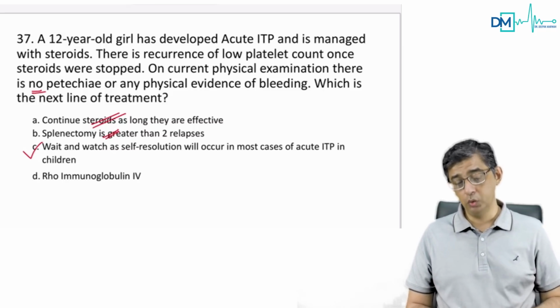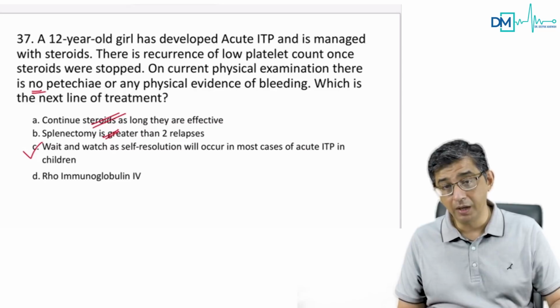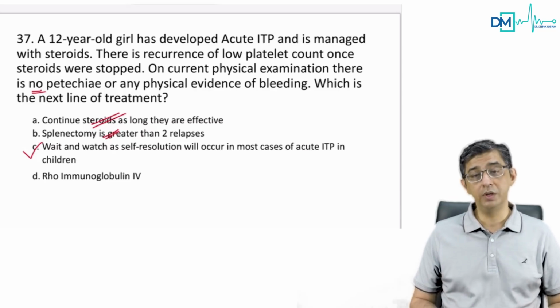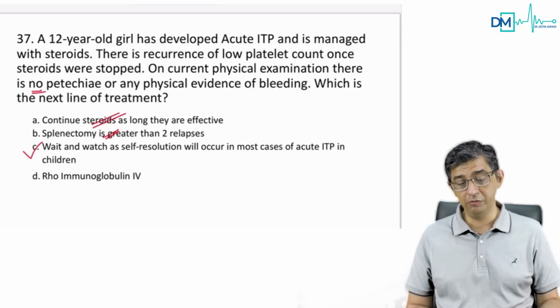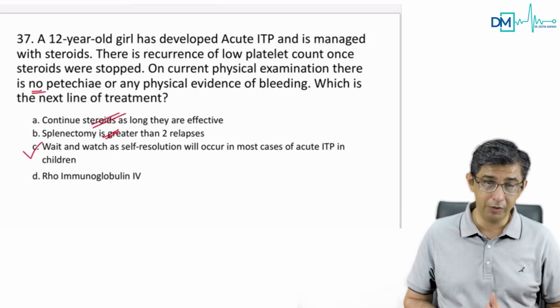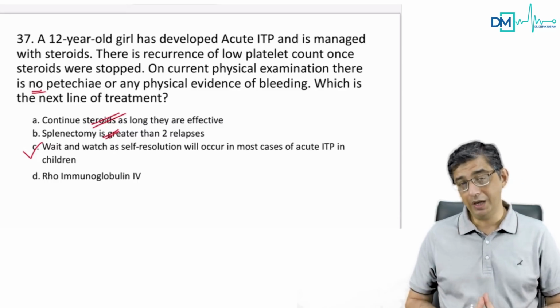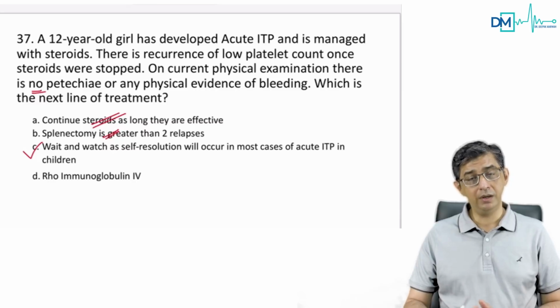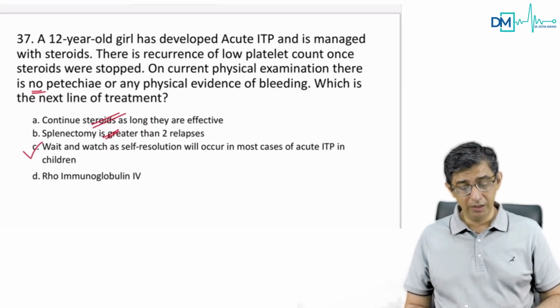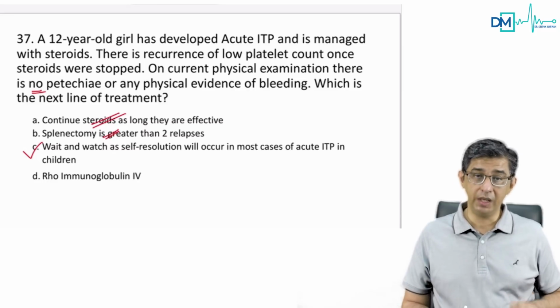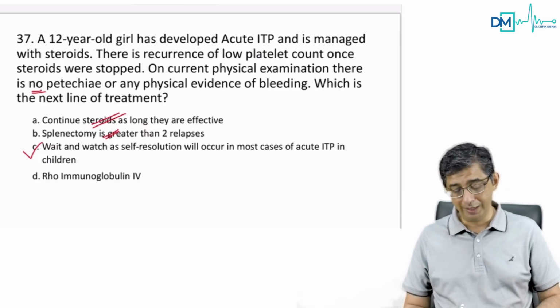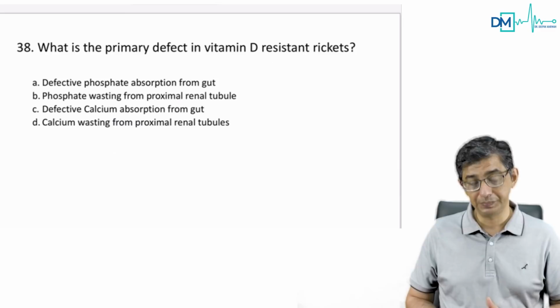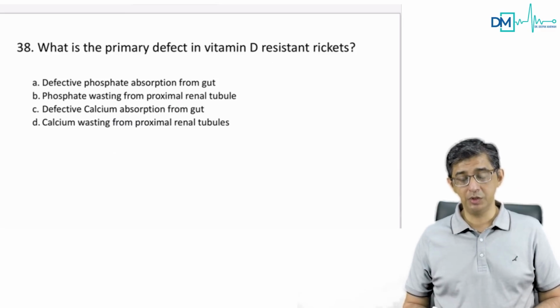If you go through the Hindi section of the ITP part, there I have described the role of Rho immunoglobulin. I've talked about intravenous immunoglobulin, and then Rho immunoglobulin, because traditionally we read about Rho immunoglobulin for a lady who is Rh negative. In OBGY you read about Rho immunoglobulin. So for more details of ITP, go to the English section and listen to the ITP part. And usually when they ask you questions in hematology nowadays, one blood cancer, ALL, AML, CML or CLL, is asked, and then in platelets they love to ask about ITP because that's the usual presentation that is seen.